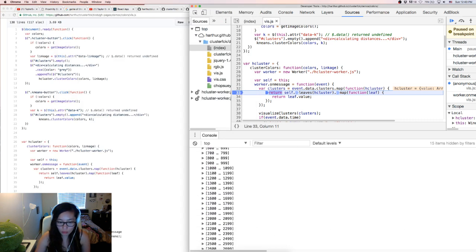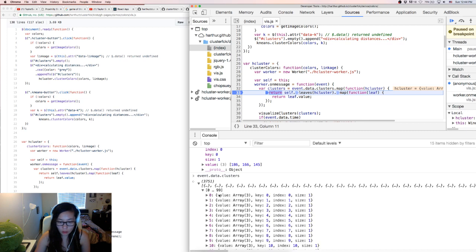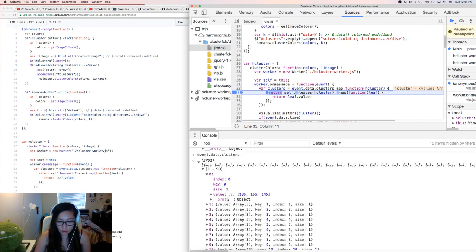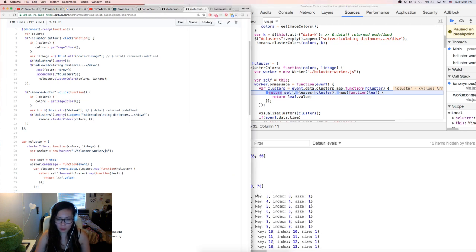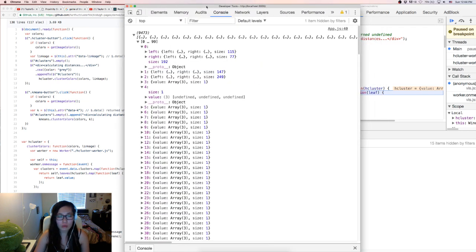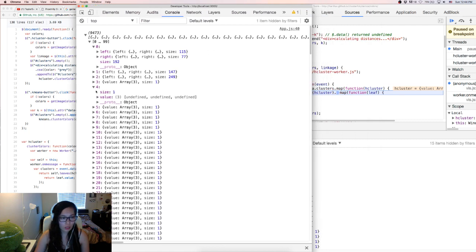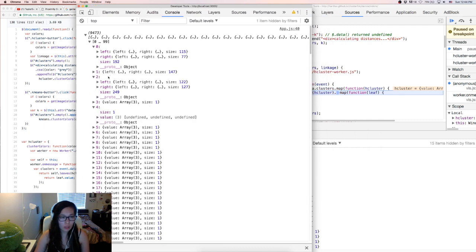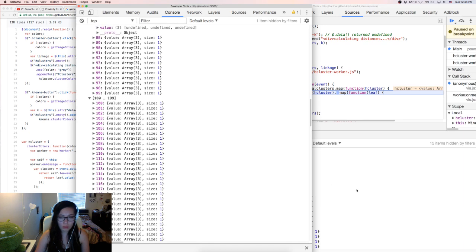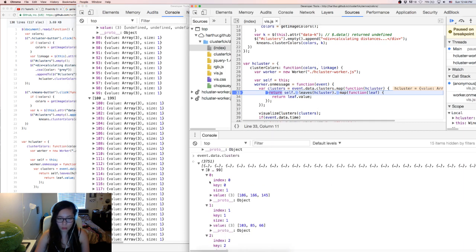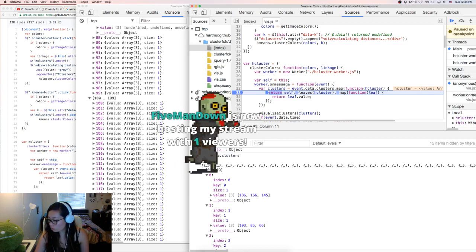Okay, so this is fascinating. Event.clusters. That doesn't look like what I got back. The first three had the left and rights in there, but then from there on everything said undefined, which is weird. Whereas this one, they don't seem to have, oh,